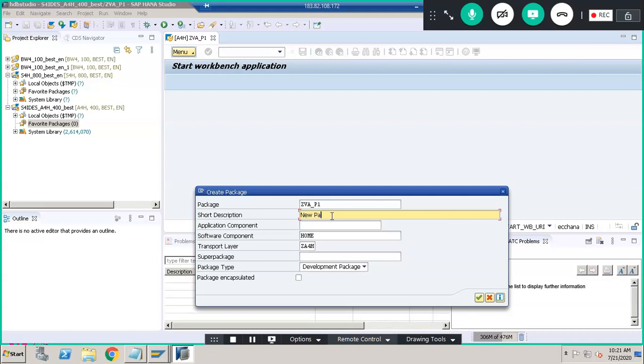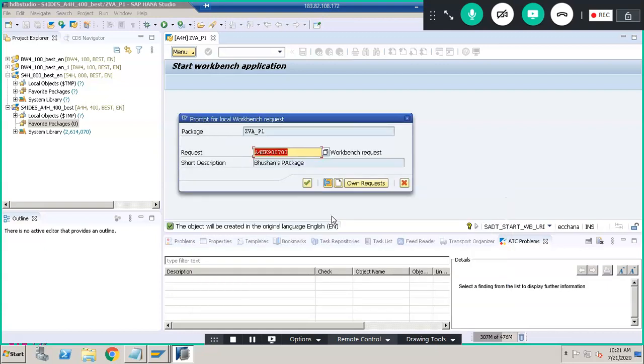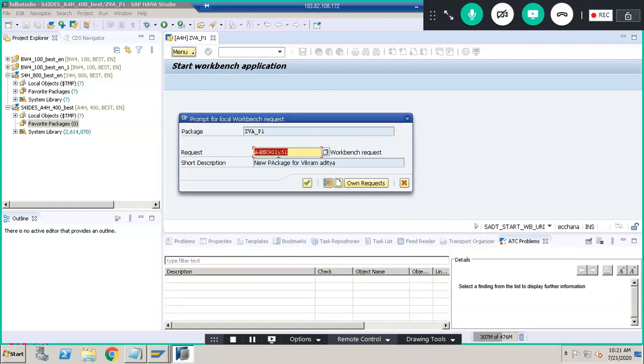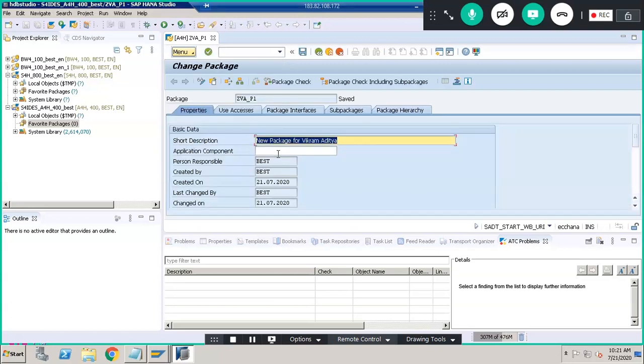New package. So, okay. Now we'll just click on this create. Save. Okay.